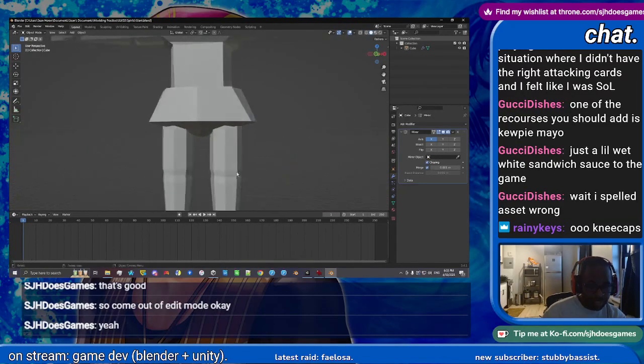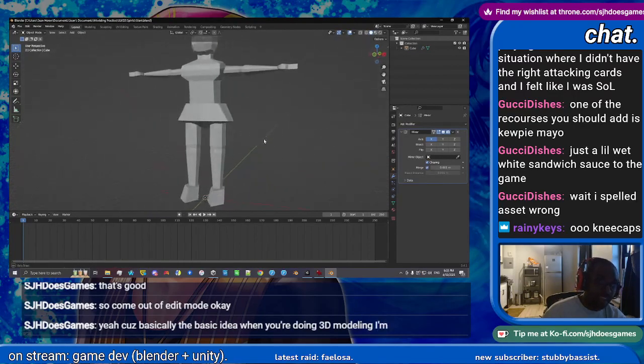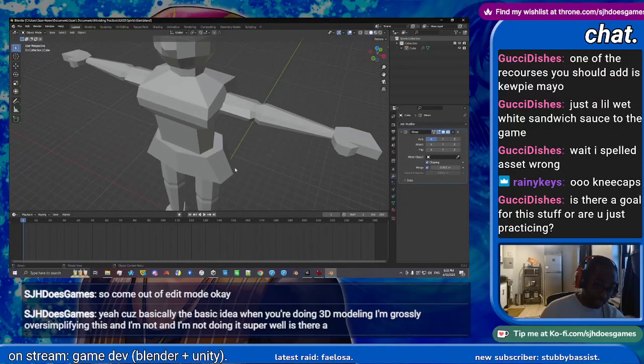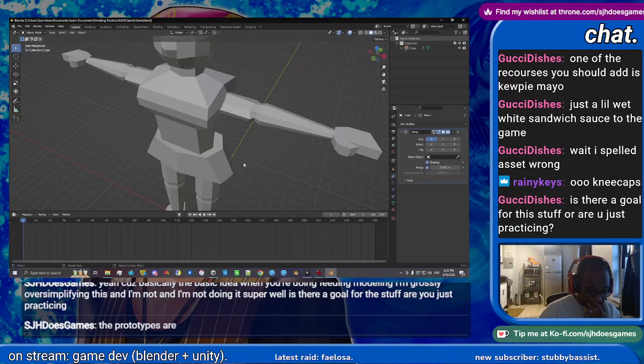Basically the basic idea when you're doing 3D modeling, I'm grossly oversimplifying this, and I am not doing it super well. Is there a goal for this stuff, or are you just practicing? The prototypes are so that ideally, I